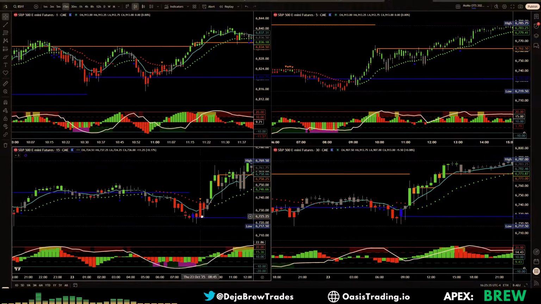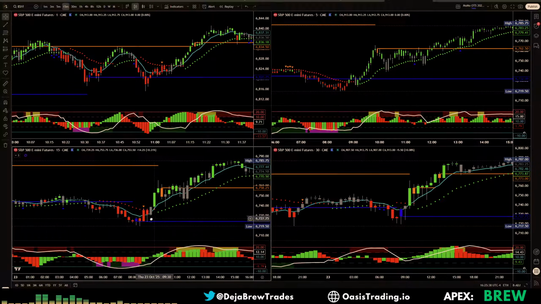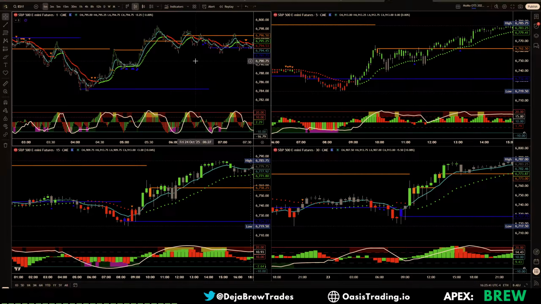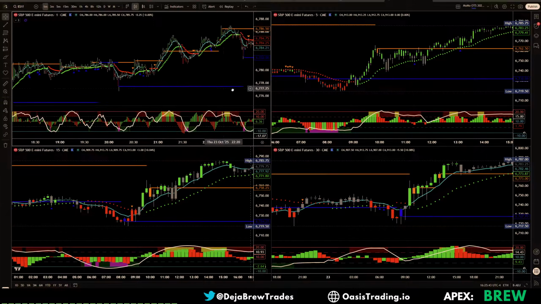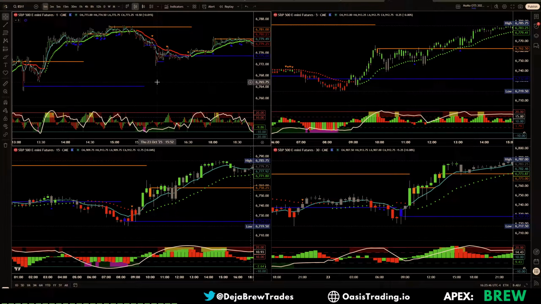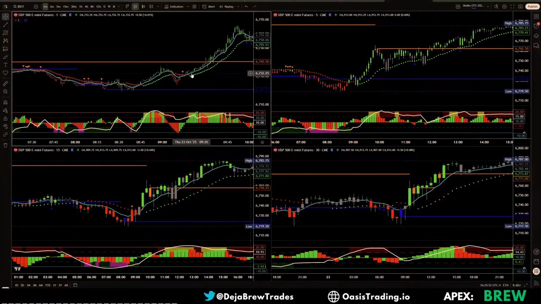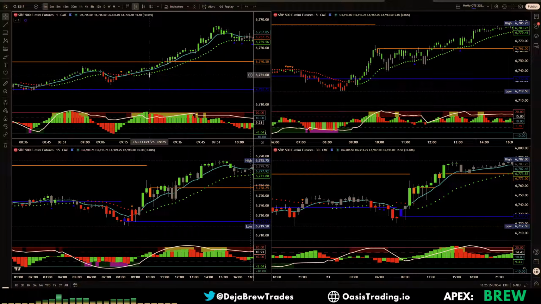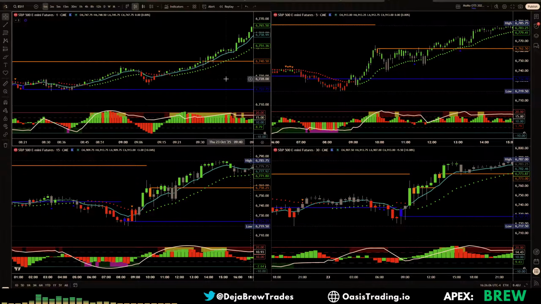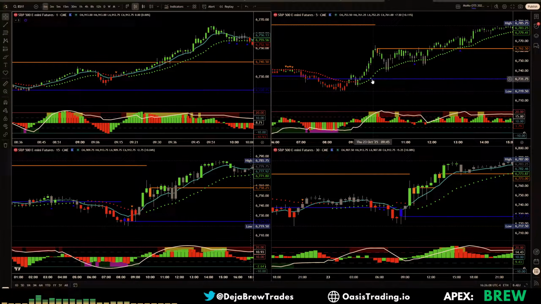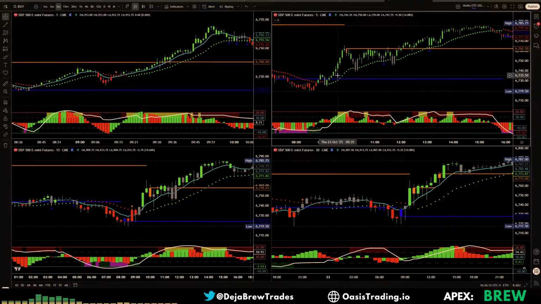So let's bring up Thursday here. Let's see if there's any conflicting signals on this one. So right out of the gate on Thursday, you can see it's pretty much in a 100% buy formation, where the momentum is pretty much topped out. You're holding above the ADMA, you're holding above the trail. So realistically, you didn't really have any patterns that would have told you to be a seller immediately on the